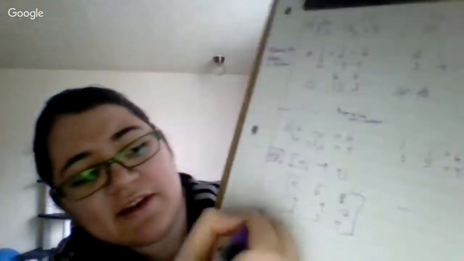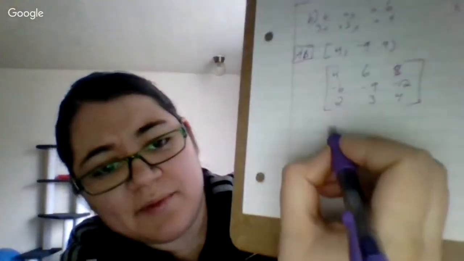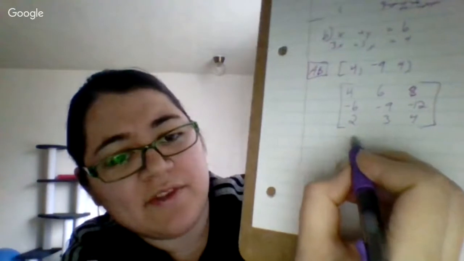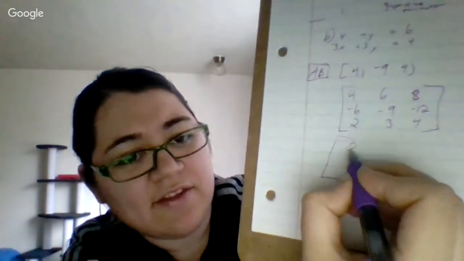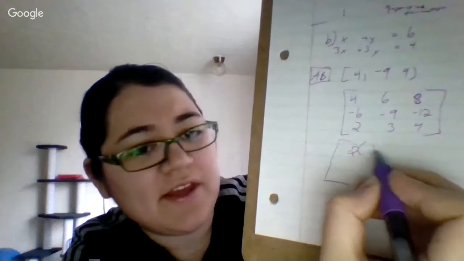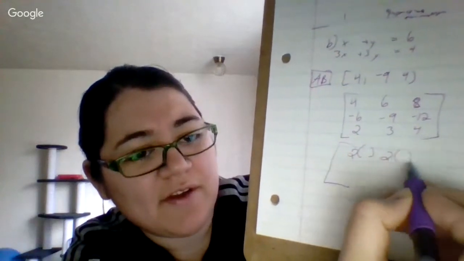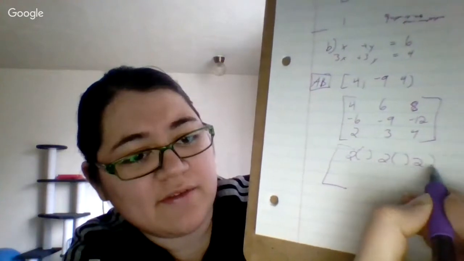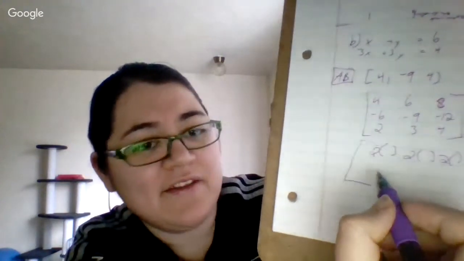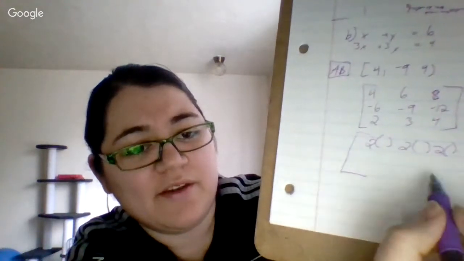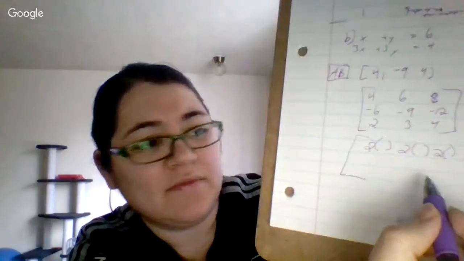Yeah, I just did it in my head, but since A is 2, what's the first value of B here? And then 2 times the next value of B, and then 2 times the third value of B, and then I did the same with -3, and then the 1. And so it should be 2 times 2 plus 2 times 3 plus 2 times 4. Yeah, well, not plus together, because they just make a 3 by 3 matrix, since you're multiplying them.